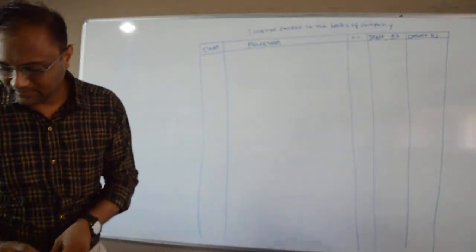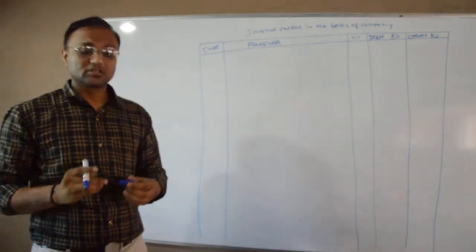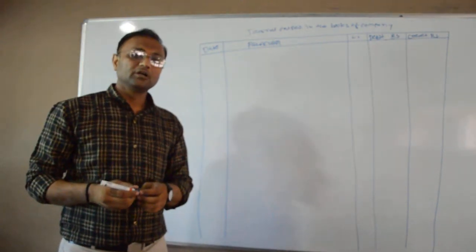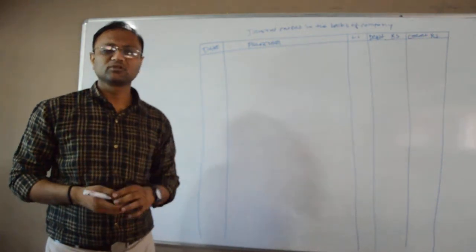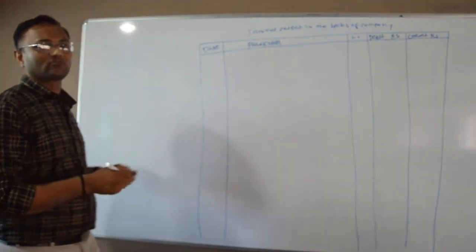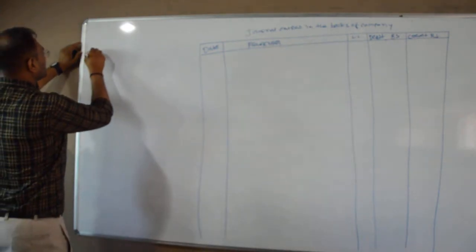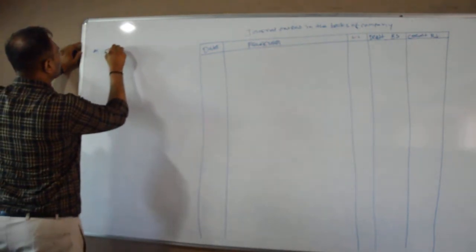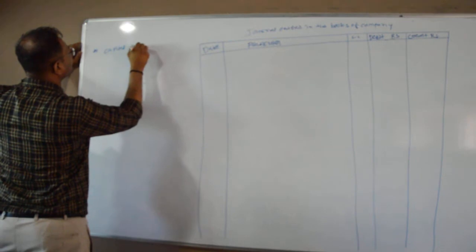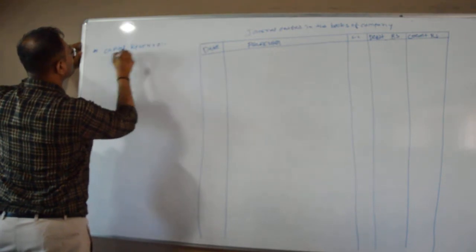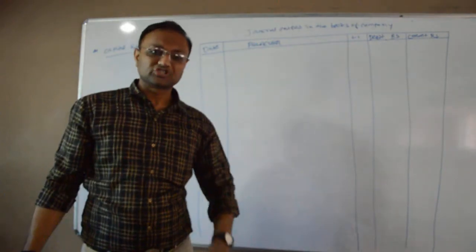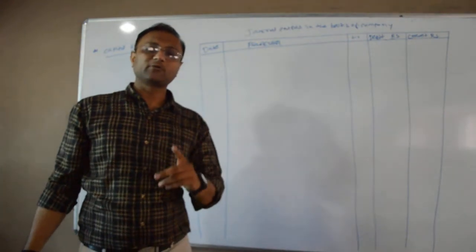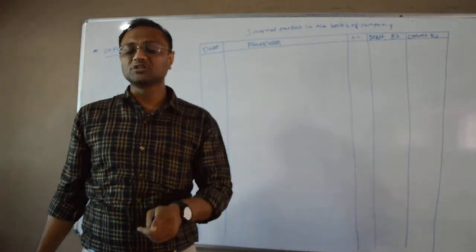Okay, in the last session we considered how to calculate the amount of forfeiture of shares and reissue of shares. The last calculation remains, so we will start from that. Capital reserve. The amount of forfeited shares is transferred to capital reserve in the chapter of share capital, that we have to keep in mind.